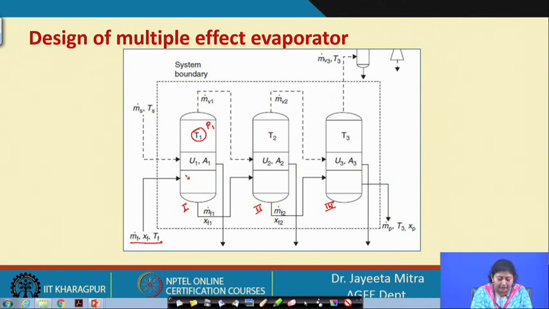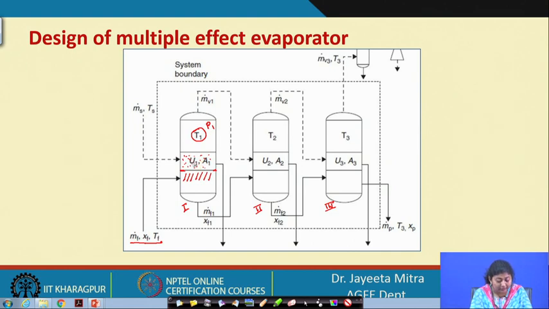On one side of the heat exchange surface the feed is there, and on the other side there is steam. So, this is the heat transfer area across which the heat transfer is taking place,